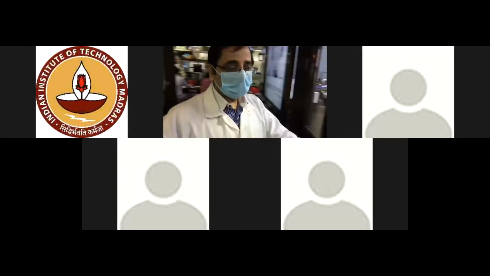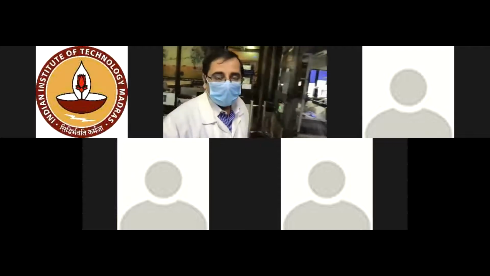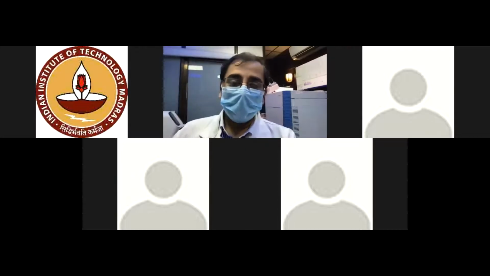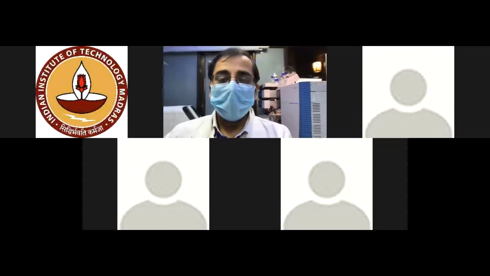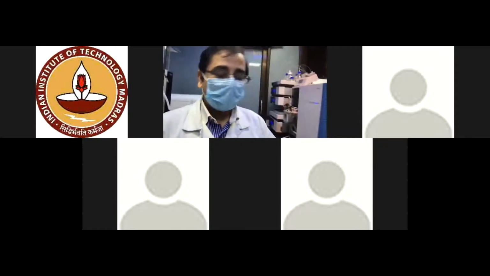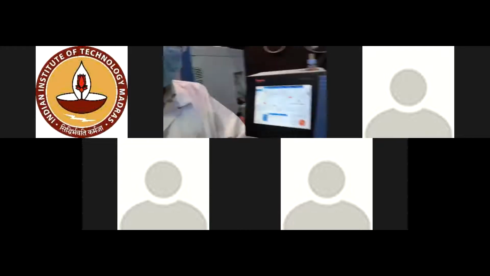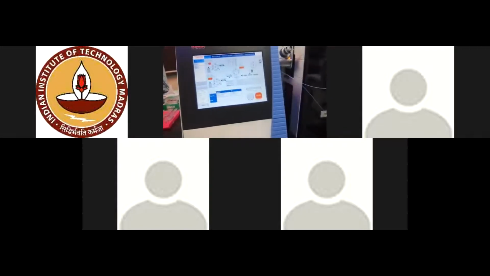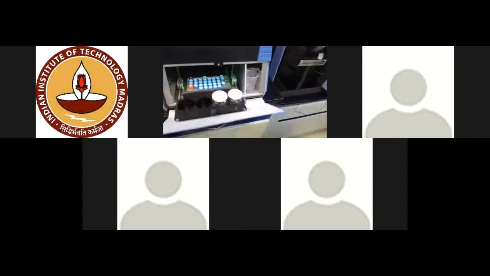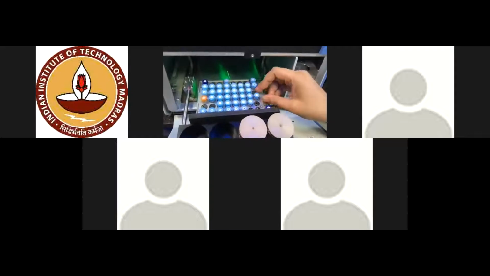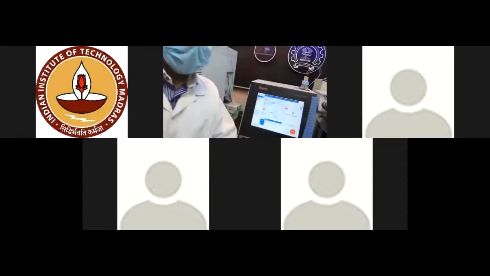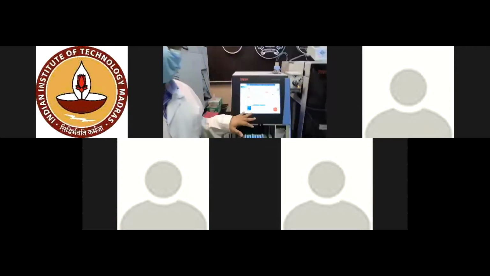I'll take you to the mass spec room again and now talk to you about the next step. So now the sample is ready. You got the peptides which you have quantified, and you are happy with the quantity of the peptide. So you have to come back to liquid chromatography, the nano-LC, which is shown here. Let us try to open the tray. Here you are going to place your tube, which has the peptides which you have already dried earlier and then quantified and reconstituted. Now those are being placed here.